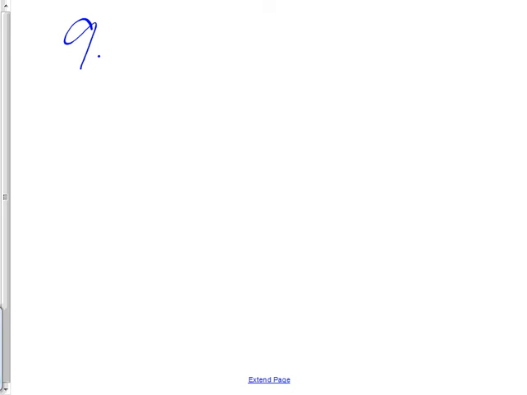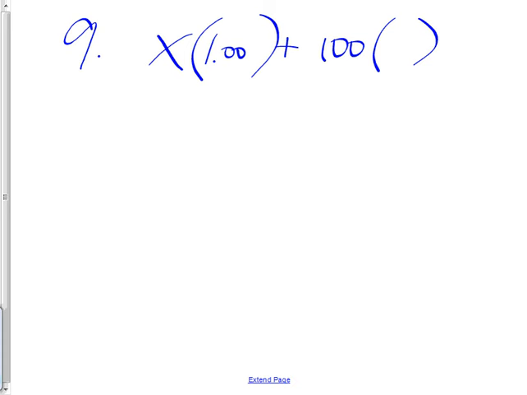It says how many, it leads with the question word. How many milliliters, that means I don't know how much is the first amount. So what do I put if I don't know how much it is? X. X times the percent for that, which is pure acid. What do I put for that? 100%, otherwise known as 1.00. Plus the other amount is 100 milliliters of 35%, 0.35. And that equals, and this last part is where a lot of the mistakes are made,